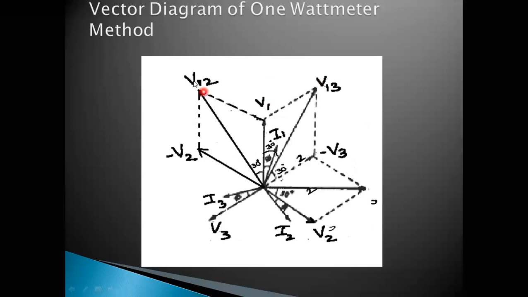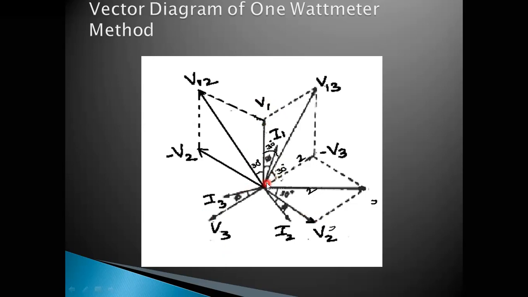Before going to that, let us simply have a clear picture of the phasor diagram. What is the value of line voltages and line currents? Let us take an example of a balanced load here. When it is a balanced load, we can see that this is V1, this is V2, and V3. So the phase sequence is 1, 2, and 3. These are voltages.